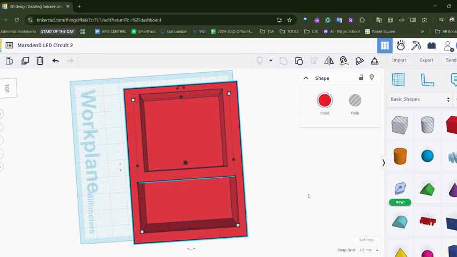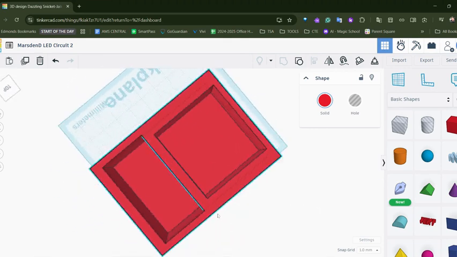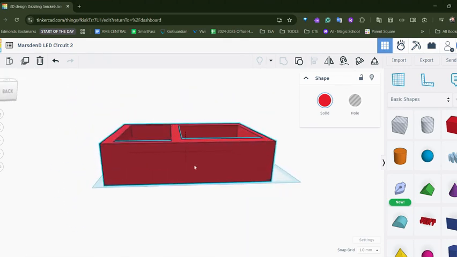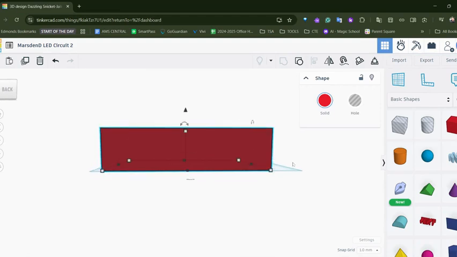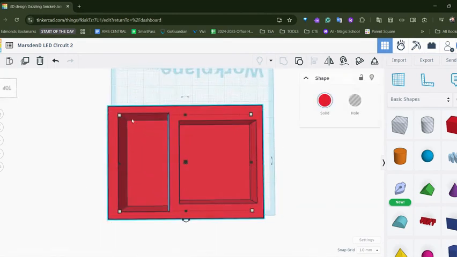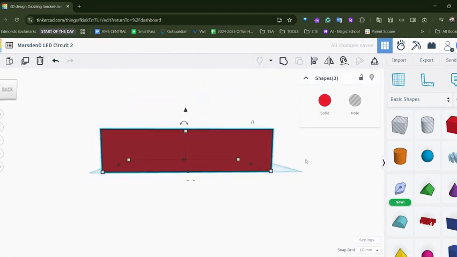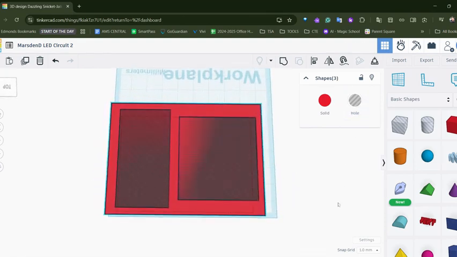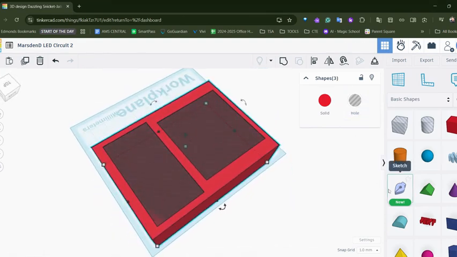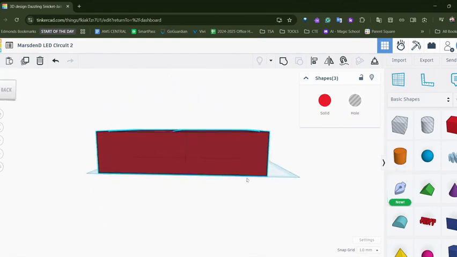How am I going to do that? Glad you asked. What are we going to make? A hole. All right. So can I make this a hole? I think I need to ungroup all these again. Okay. Ungroup. Okay. We're going to make this. I'm going to make a hole. So where are we at? We need to make a hole, which is a rectangle, and it has to be